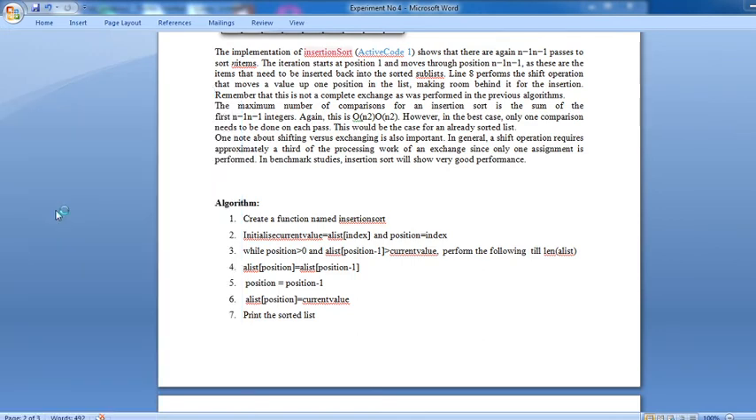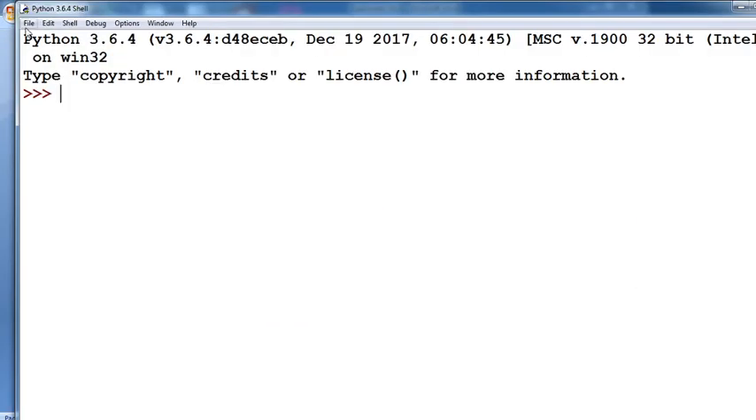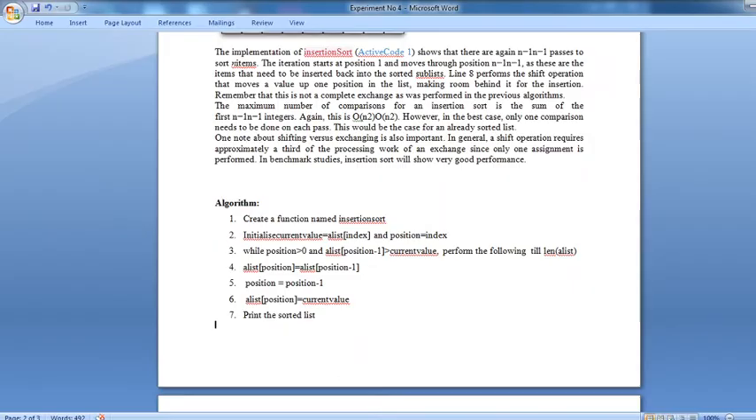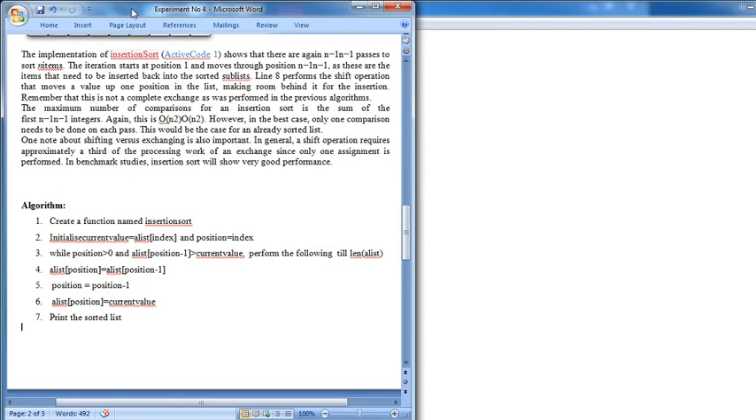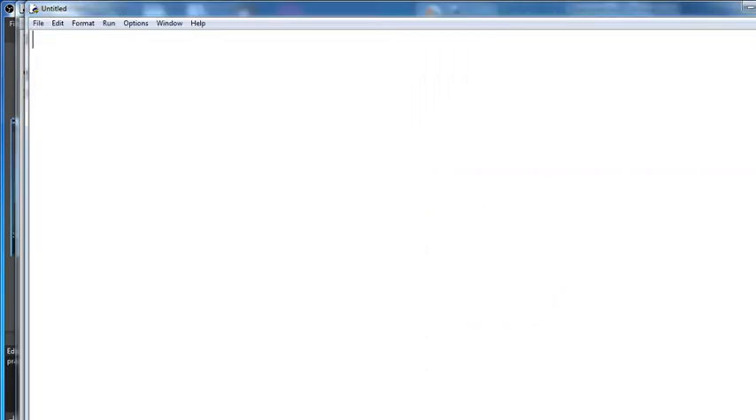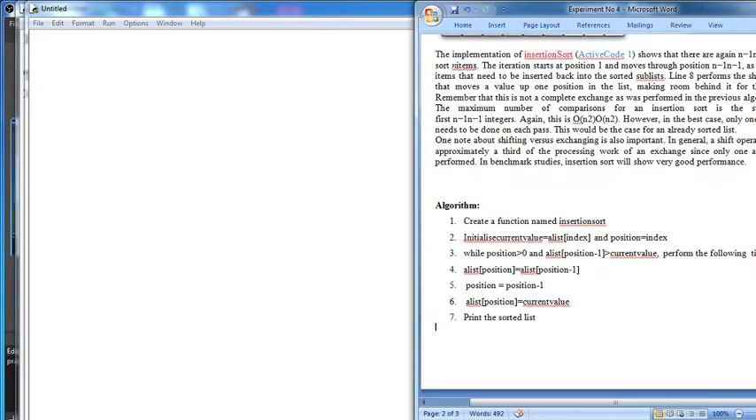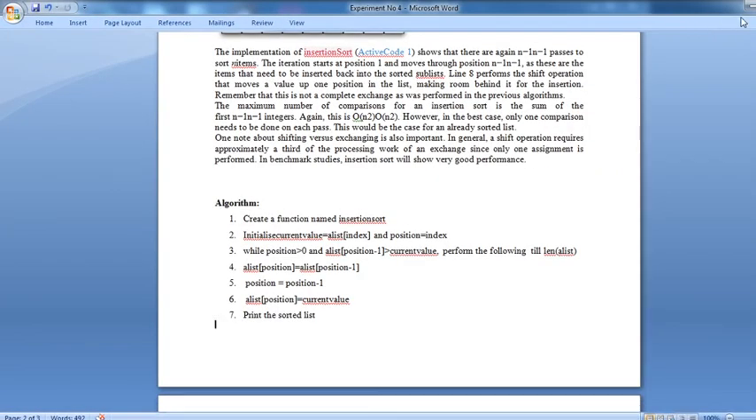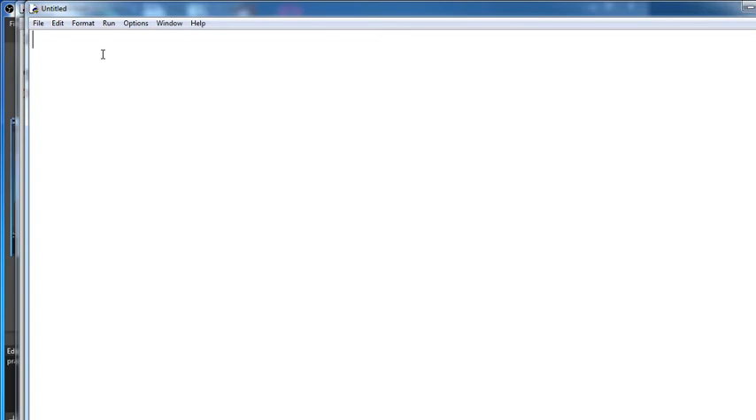What is your first step? Here, first create a function named insertion sort. Using this algorithm you can write the program. Now you must first create your function. You already know how to create a function using the def keyword. That is def, then write the function name insertion sort